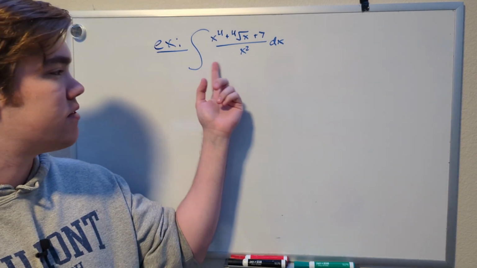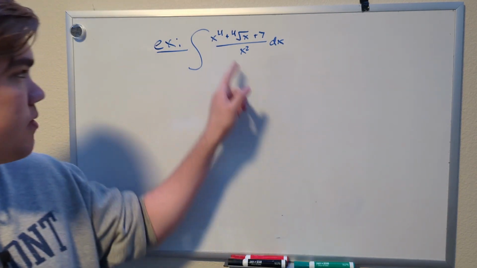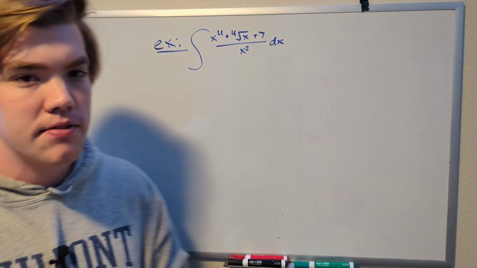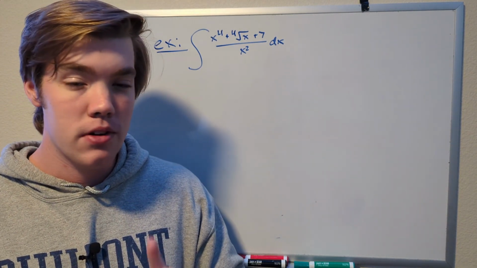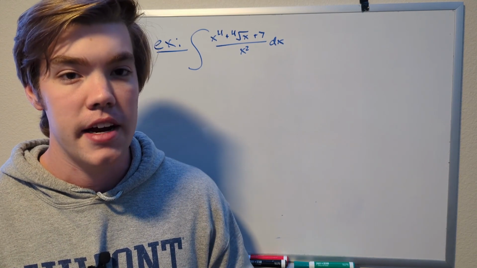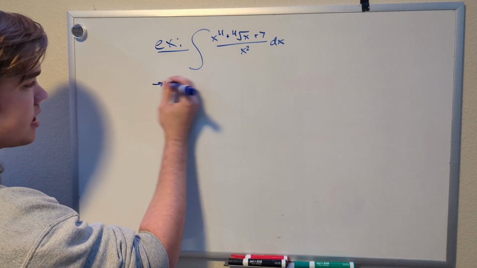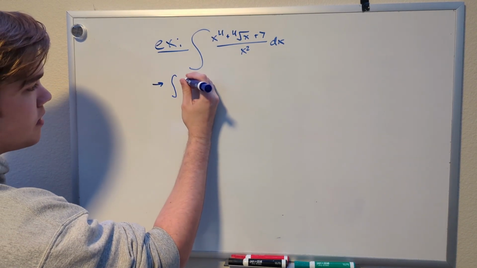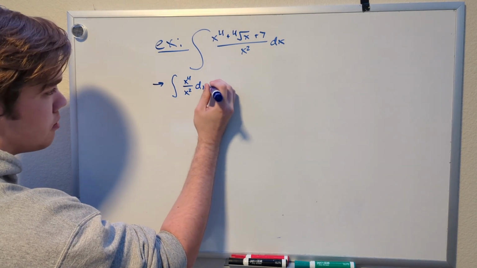Now, how can we make this function simpler? Because this is long and complex and very intimidating. Well, you may notice that we have addition signs splitting up every top function, which means we can turn this fraction into 3 smaller, but more importantly, simpler fractions that can help us solve this problem much more easily. So let's do that now. First, we're going to take x to the 4th divided by x squared, and we're going to draw that in blue. So that'll be here. Now we need the antiderivative of x to the 4th divided by x squared dx, plus,